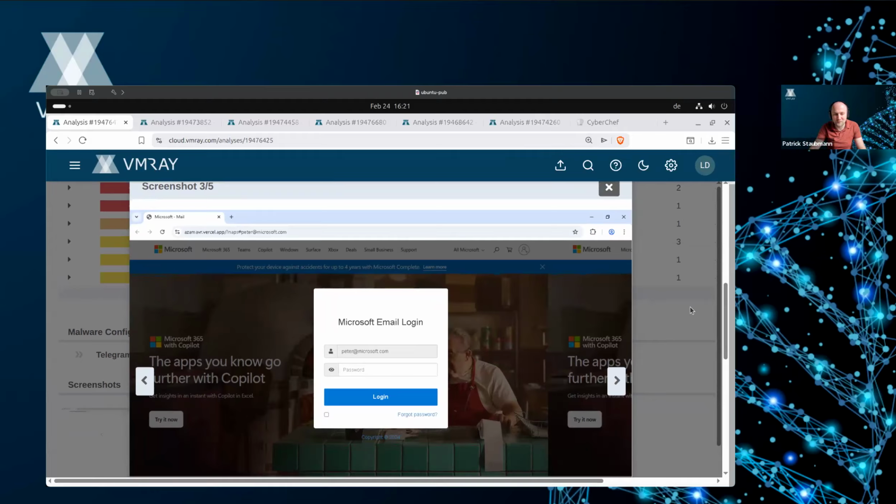So it's not really the logon form you would expect as an experienced user, but maybe you can still fall for that. They just make it simple, and instead of getting the whole logon page, they build their own logon page and use services in the background that take screenshots of web pages and embed them in the background. That's why you see the actual Microsoft web page here instead of the original login page.